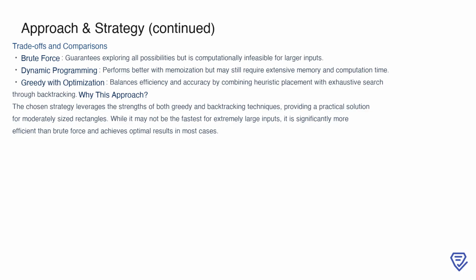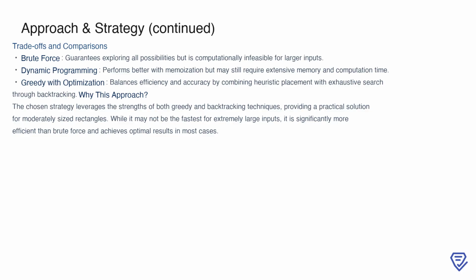This combination allows the search space to be narrowed while still finding optimal or near-optimal solutions. The chosen strategy leverages the strengths of both greedy and backtracking techniques. It is practical for moderate rectangle sizes, achieving optimal results in most cases while being significantly faster than brute force. Although it may not be the fastest solution for very large inputs, it offers a well-rounded and efficient approach for